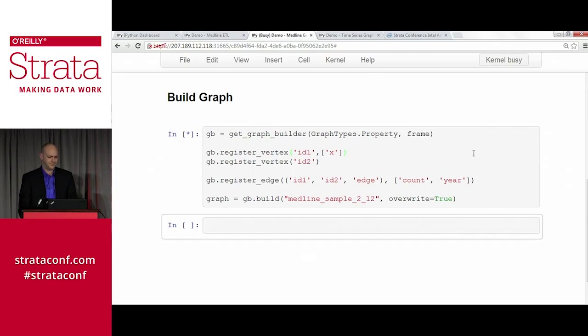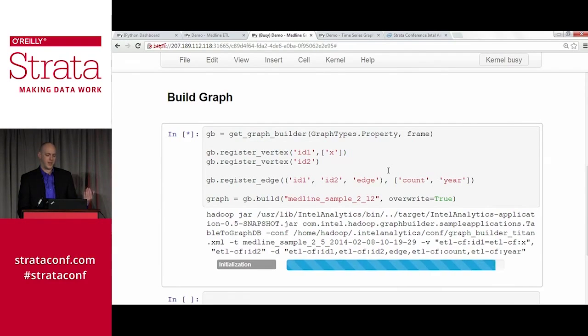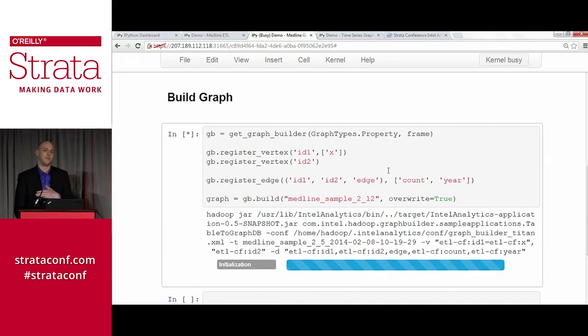This function runs Graph Builder, and all we're doing here is telling Graph Builder what in that HBase table is the features of the graph. So we're pulling out those IDs to turn them into vertices, and then from there, Graph Builder turns the rest of that table into edges and applies those properties. So we end up with a property graph that's distributed on the cluster using a Titan database.